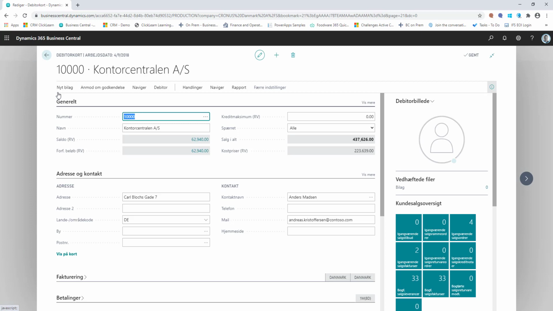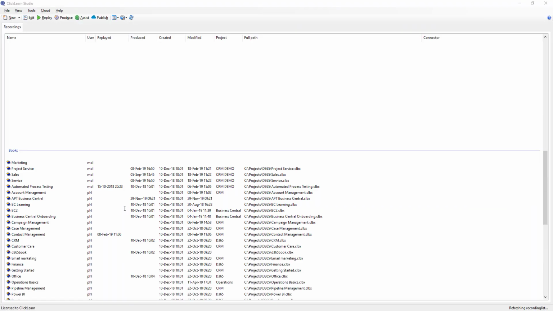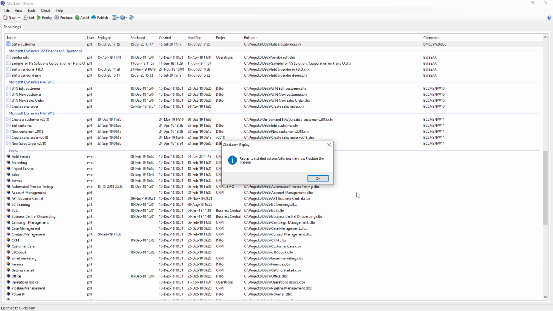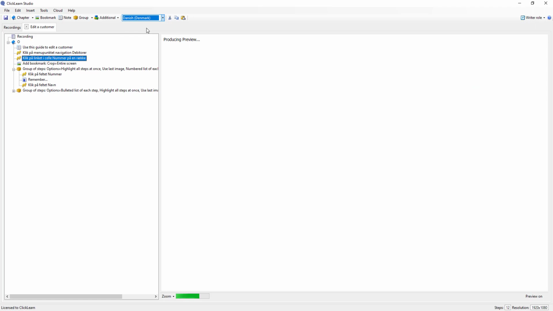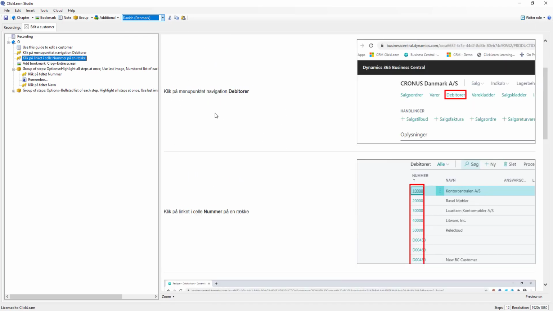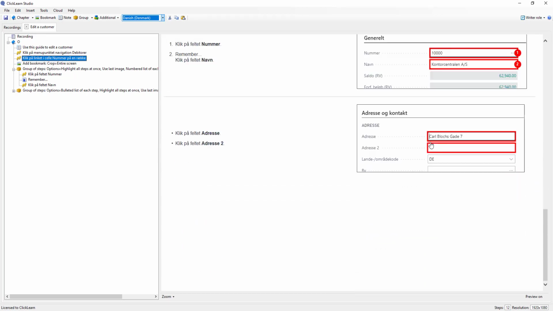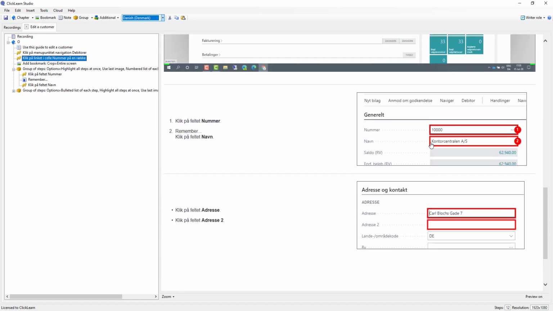So while I have created my first initial recording, set it up how I wanted it to in the editor, I can now hit replay, go out, grab a cup of coffee, and then ClickLearn will automatically update all of this. Now if I click on the edit button here, when I get into the editor and change over to the Danish version, you can see that everything has now been localized into Danish. I now have my written instructions in Danish. Everything is still aligned and looking exactly like we did it in the original recording, but now localized into Danish,